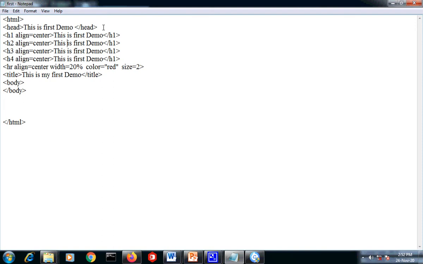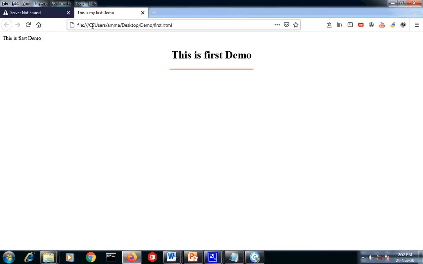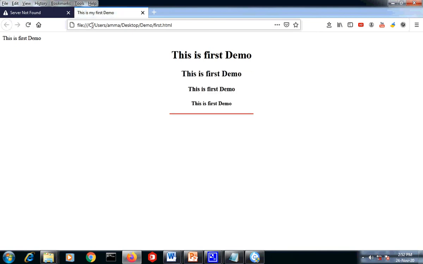Whatever tags we apply, we must specify like this. Now you can save this and press F5. So automatically this is H1, H2, H3, H4, center, that is also okay.